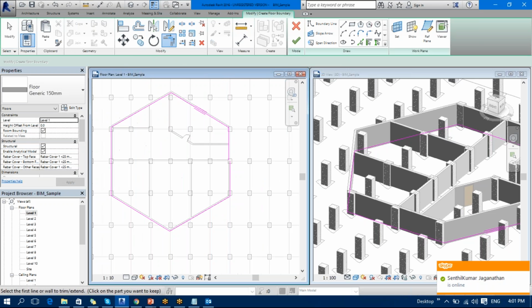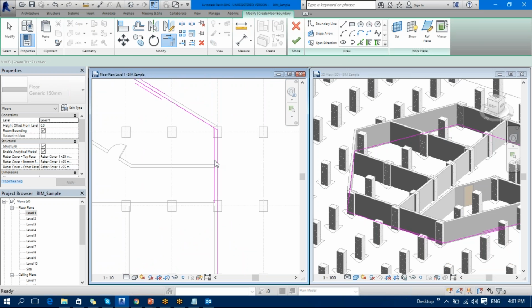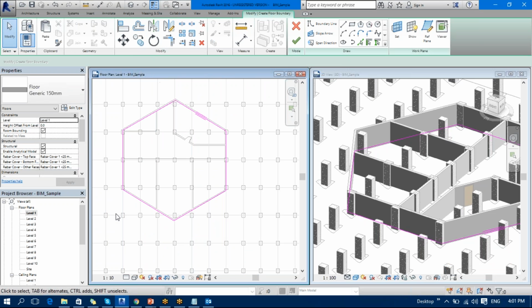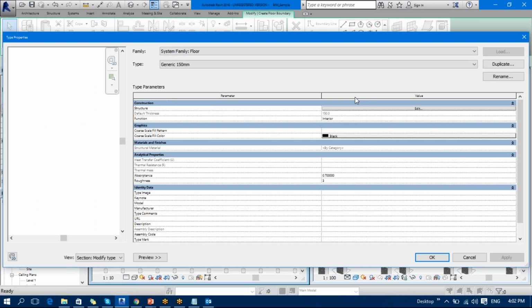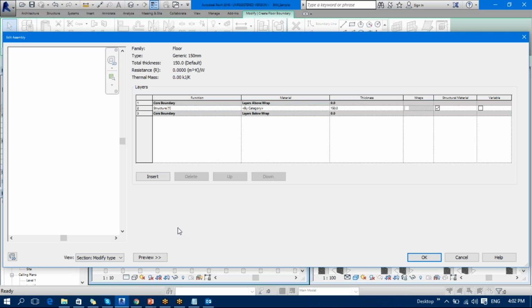Now always remember that when you're creating a boundary wall of the floor itself, it should be closed. It should be in closed loops. Now this thing got created, finish it up, and just see that this floor will be of 150 mm and will be level 1. Now I go to this edit properties, how to change the structural floor. I go to this edit properties, I go to this structure, it is written there, structure, edit, and over here